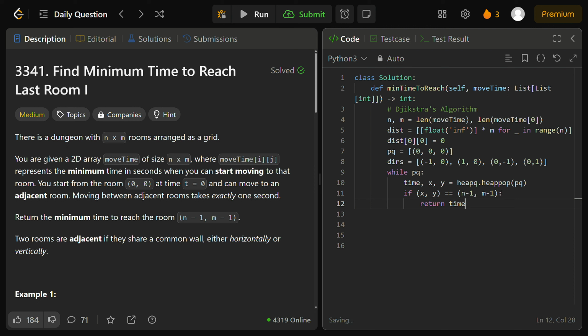We're going to return the current time as the minimum time required if we reach that bottom right n-1, m-1 cell, right? Of course, this is only when we reach that cell. In all the other cases when we don't, we want to continue our processing for all the other regular cells, minimizing our time. And the way we first do that is, if the current time that we're at is greater than distance at x, y,